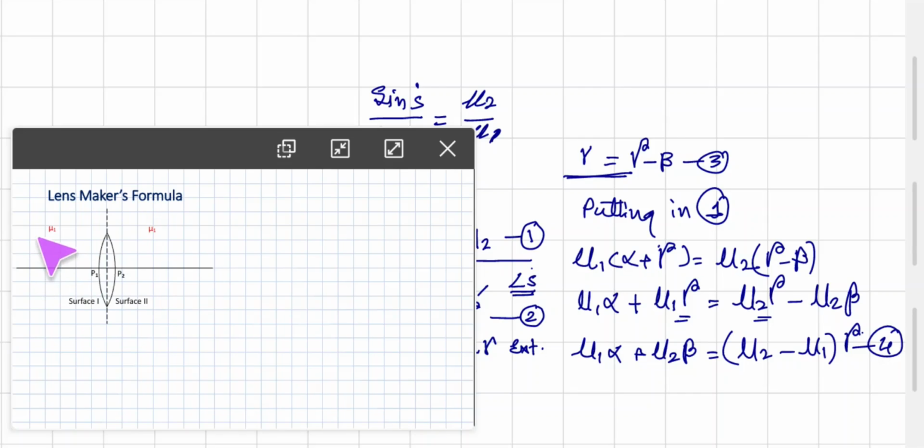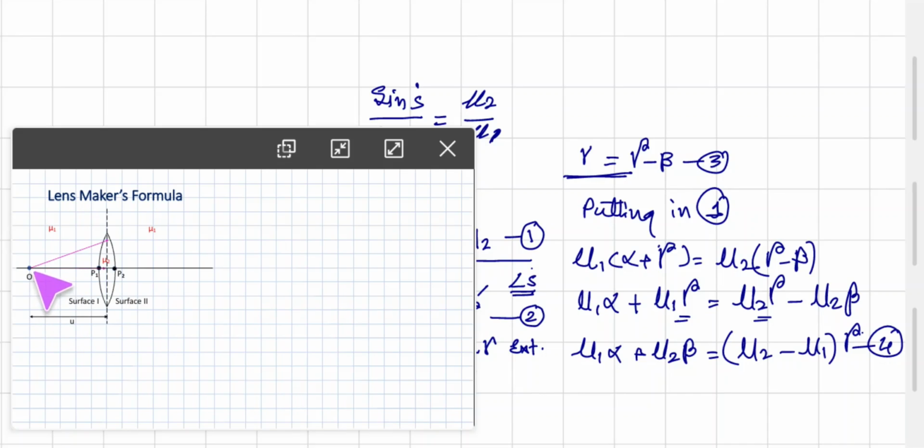To the left hand side, the medium is air, so light is coming through air, with refractive index mu1. When it enters the glass, it has refractive index mu2, remember that. And whenever the ray travels from the glass medium to the air medium, it again enters air, which you should remember for the second refraction. Now object O is placed at distance u from the optical center. These are the principal points.